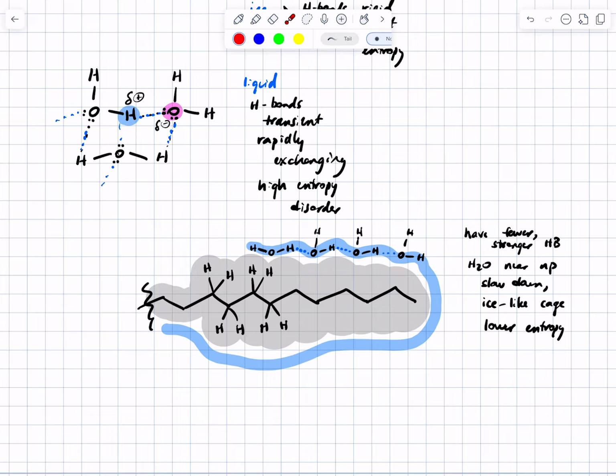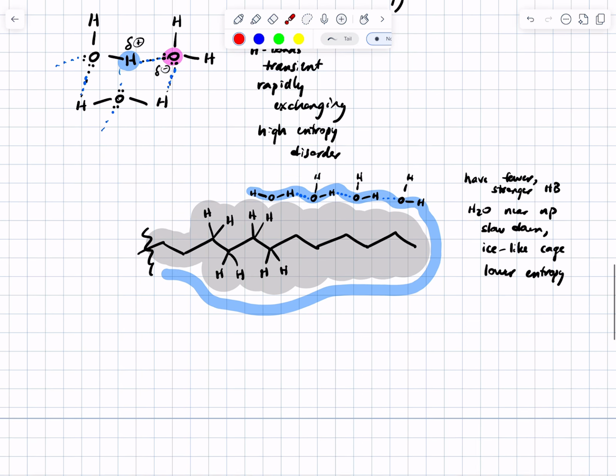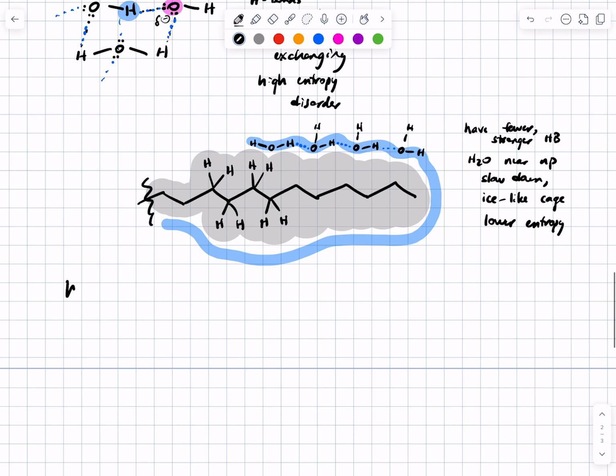And in fact, if this oil molecule were to back out of the water and go back with its fellow oil molecules, all of these slowed down water molecules would be released back to the liquid phase, and their entropy would increase, okay? So the hydrophobic effect, the reason oil and water don't mix, this thing we call the hydrophobic effect, is because